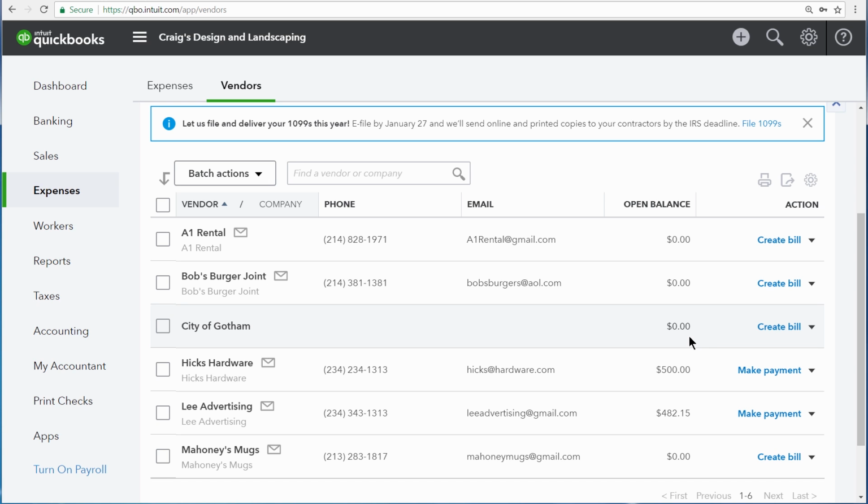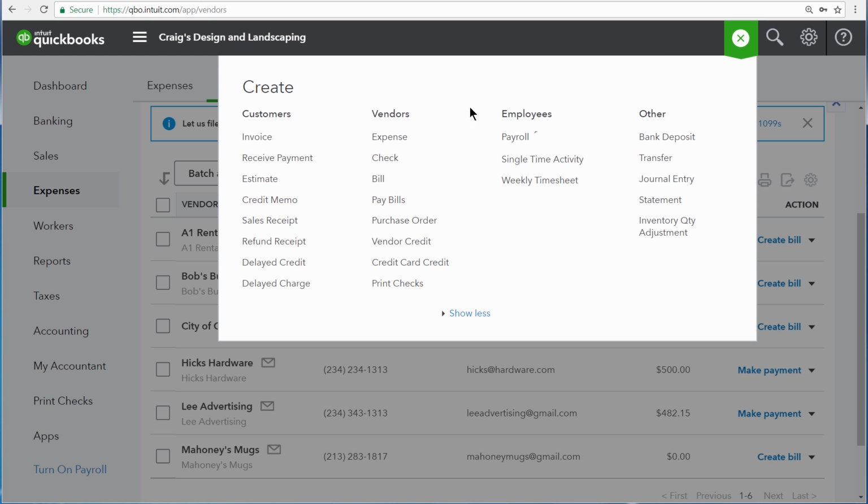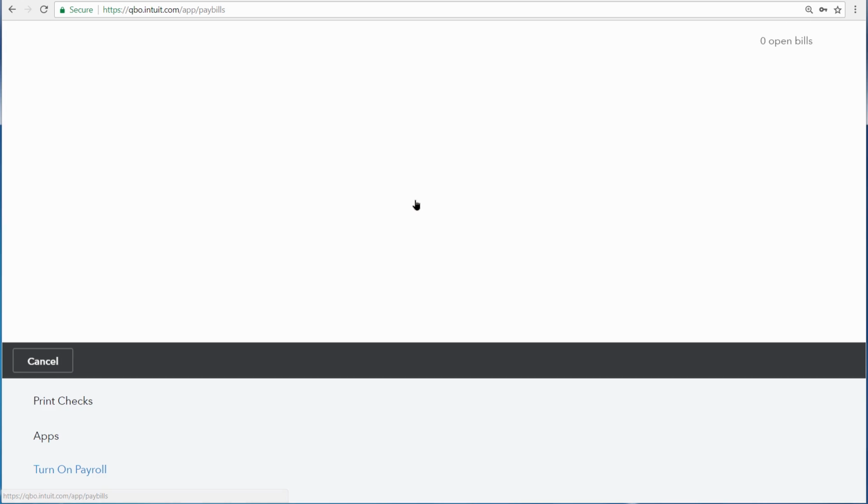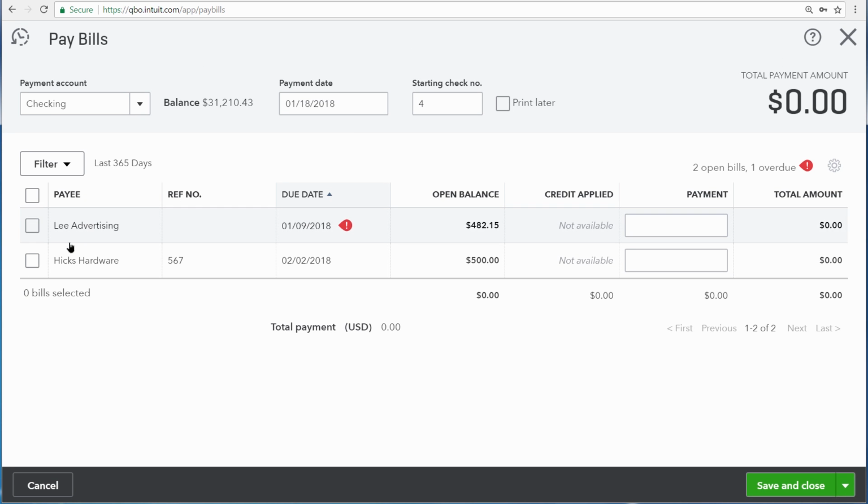If, however, you want to pay a vendor with a check, or if you have multiple bills with a vendor and you want to specify which bill is being paid with a payment, you can go to the Create menu and then choose Pay Bills. Here we can see a bill from Hicks Hardware number 567, and we want to pay this bill with a check. So first we'll make sure to enter the payment account right here, and then the date that we're paying